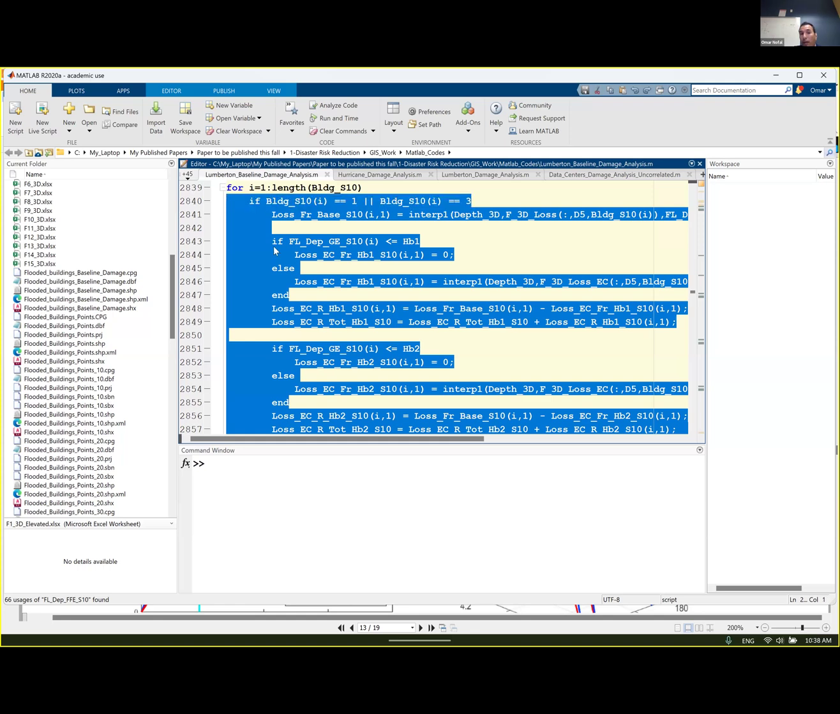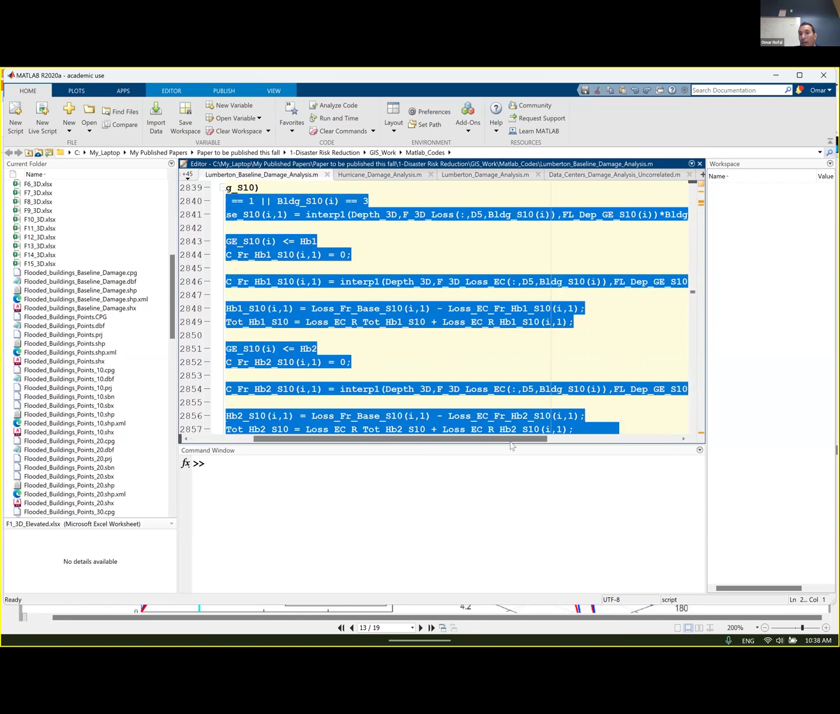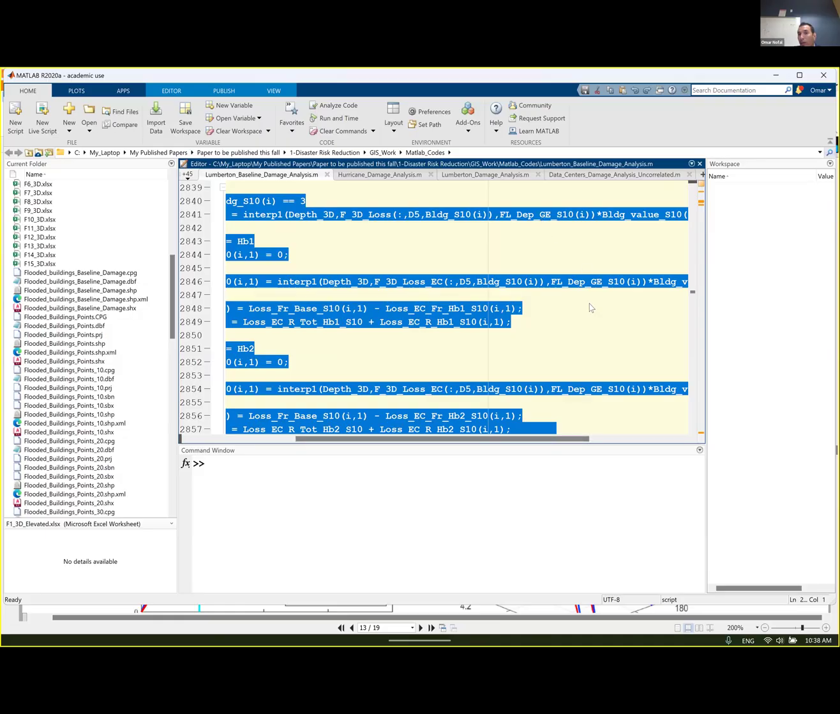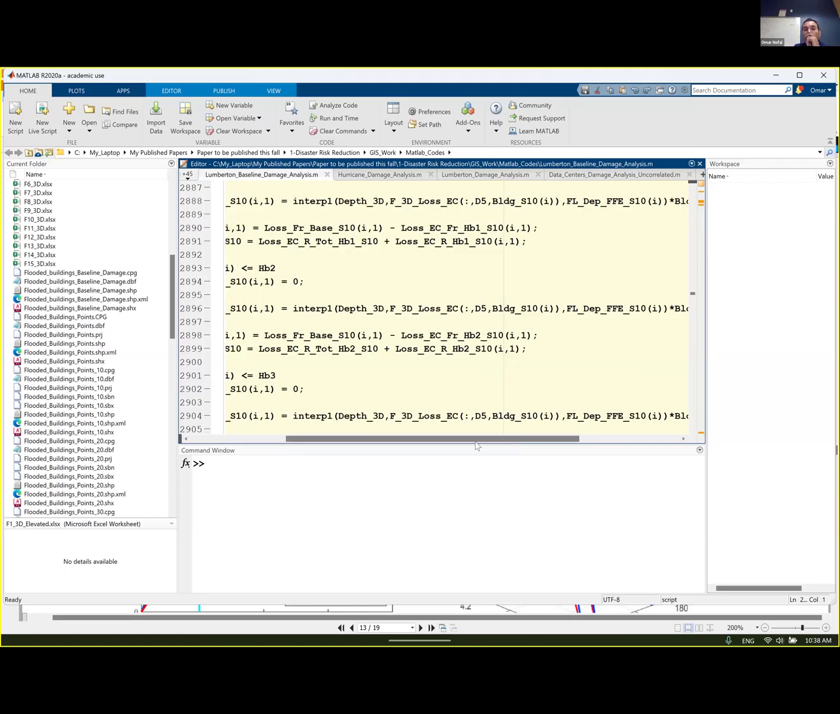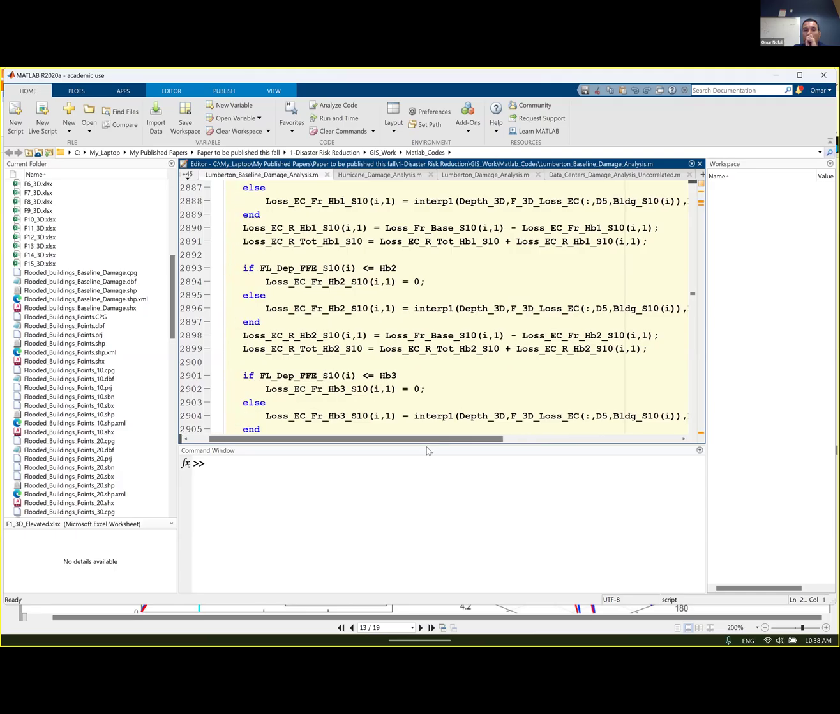But if you want to do it, I would copy this and just replace any ground elevation GE with FFE, this one. And it's going to be the same code. All right. And once we have done this for S10,